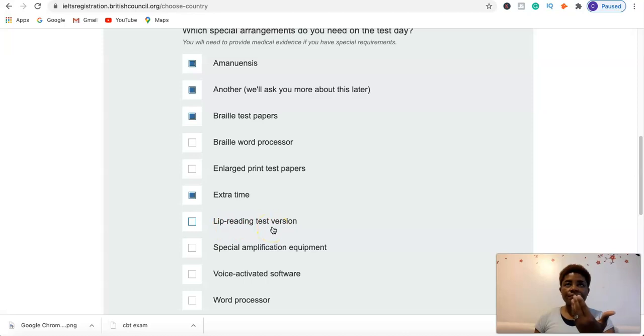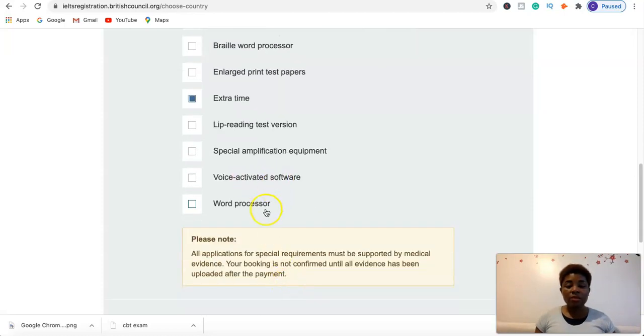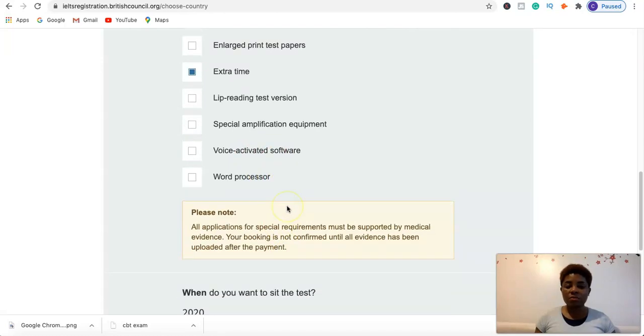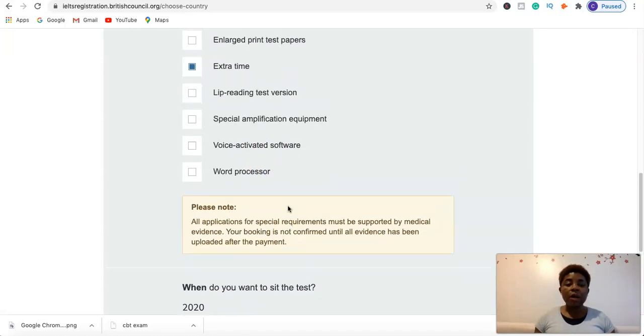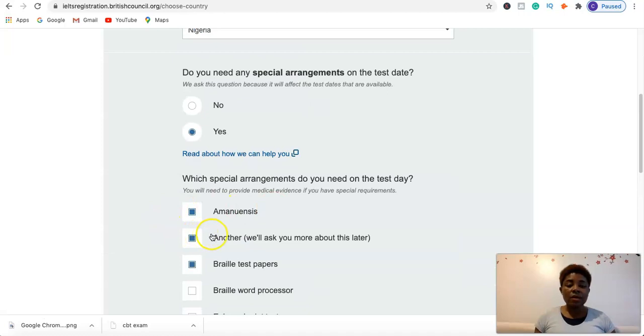test version. You cannot hear, so you need to lip read whoever is speaking, and to understand what they're saying. Or you need special amplification equipment. Maybe you're hard of hearing and the volume has to be so loud for you to hear them, and all those things. And I don't know much about what the word processor would be, but let's assume that I need